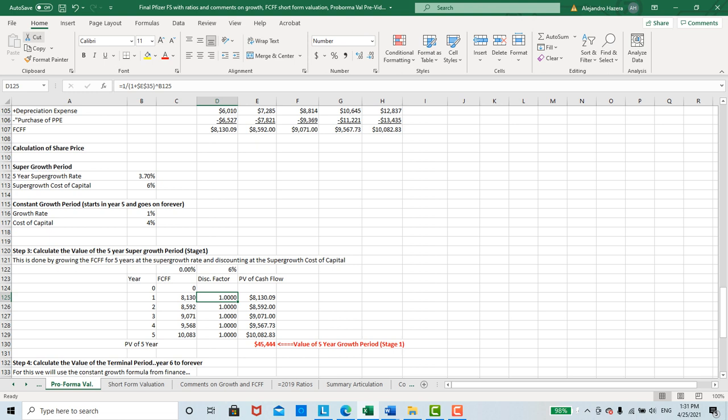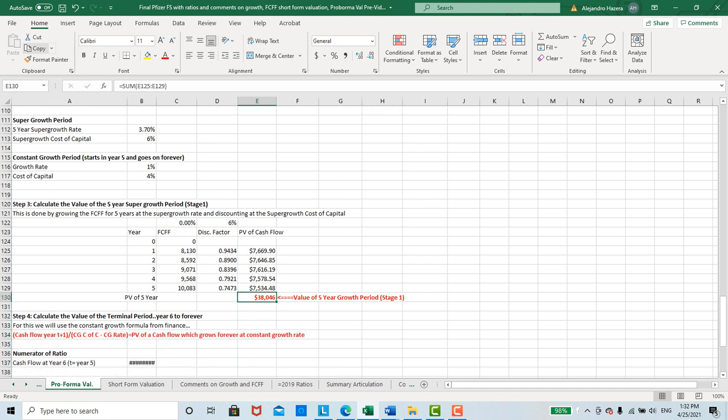And then the present value calculation is going to be the same formula that we use for the terminal growth period. Terminal value is going to be 1 divided by 1 plus the market rate, our cost of capital, raised to year, which is this number right here. Okay, so there's your first year cost of capital. Now we've got to freeze the cost of capital just like we did for the short form valuation. Okay, and we will bring this down here,